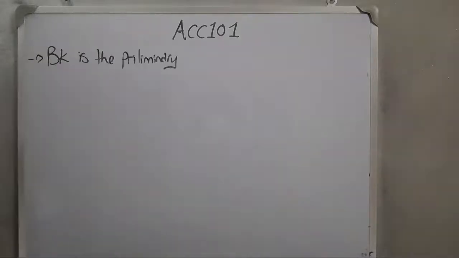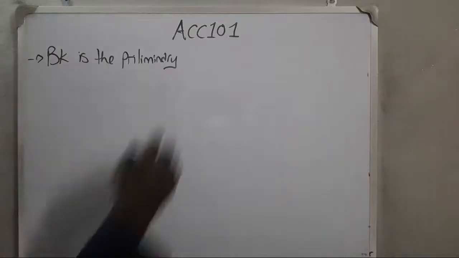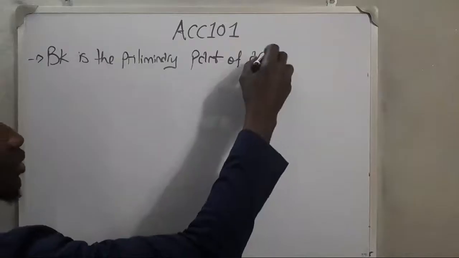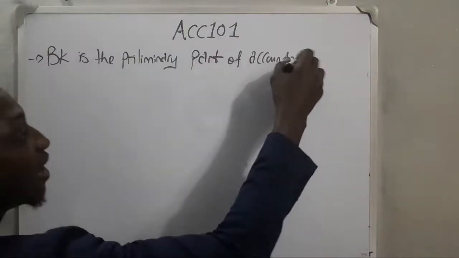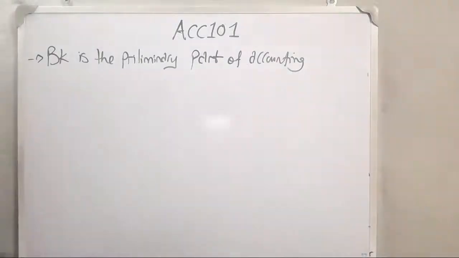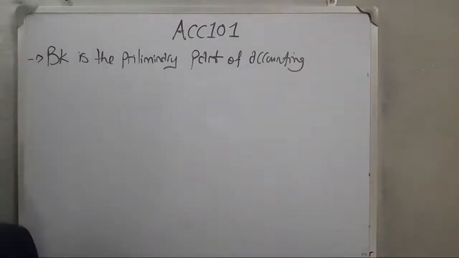I said this earlier, that you can't make any decision without proper recording. So basically, before you do anything further in accounting, you need to sort out what is called bookkeeping, as it provides a reasonable basis